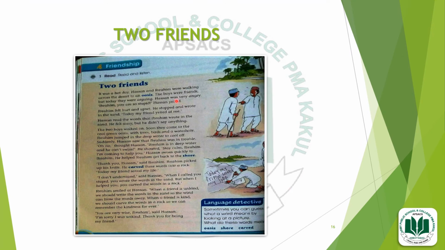Kids, here you can see the story, the passage. The name of the story is Two Friends, and now I am going to tell you some new words which are used here in this story. For example, oasis, angry, yelled, upset, waterhole, shore, carved, understand, stupid, unkind,